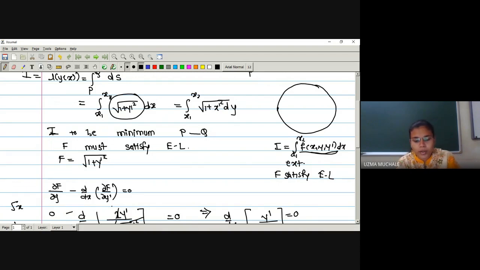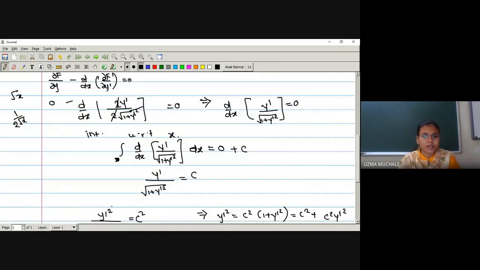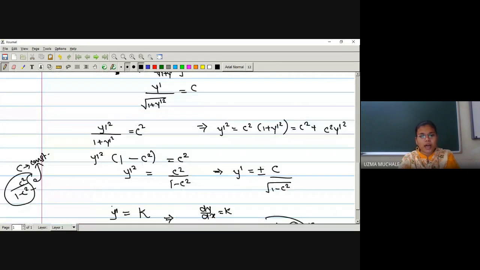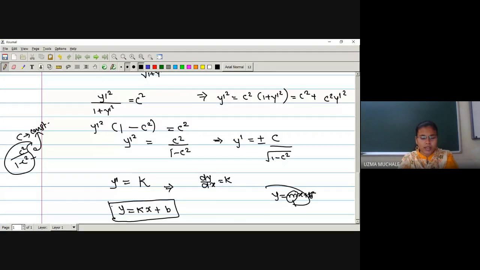So now we have to use the Euler-Lagrange equation. Solve the Euler-Lagrange equation. I hope you are able to solve the derivative integration, right? And these derivative integrations in classical mechanics, whatever we are studying now, are not so difficult, that we have done for 12th standard. In 11th and 12th you solved more difficult derivatives and integrations. So we have to solve very easy integration, and then we get the result that the shortest distance between any 2 points is a straight line. Okay.